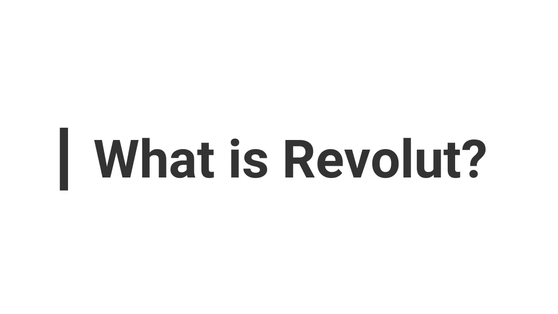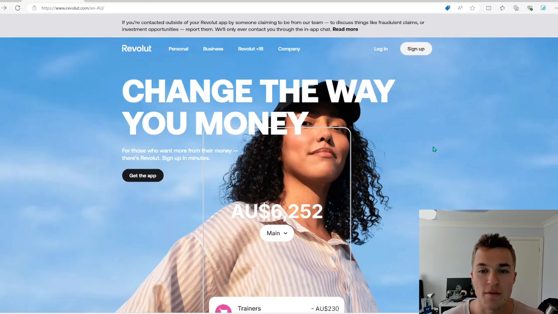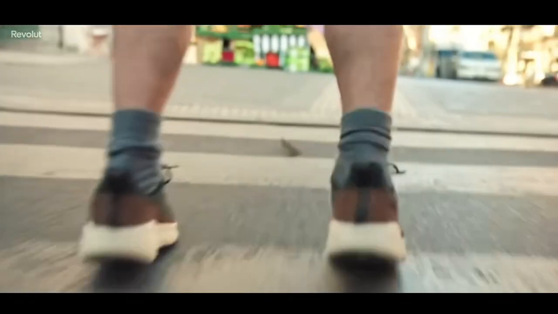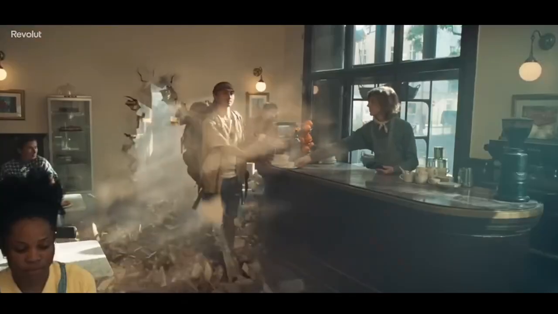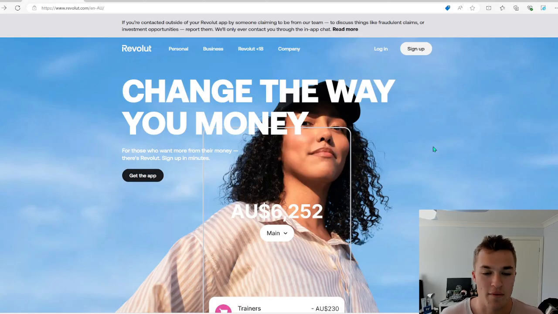So first and foremost, what is Revolut? Well, in my opinion, Revolut is trying to be the all-in-one app for all your finances, whether that's budgeting, spending, savings, investing, trading, exchanging, commodities, loans, whatever it might be with regards to finances. These guys are trying to do it all at once, obviously with varying degrees of success. Now, there are of course main things that I think you're going to want to use Revolut for, but ultimately what they're trying to be is your all-in-one app where you can do everything financial.